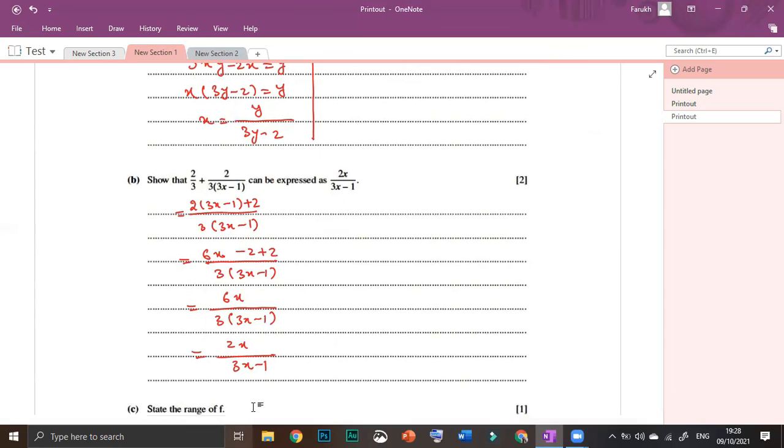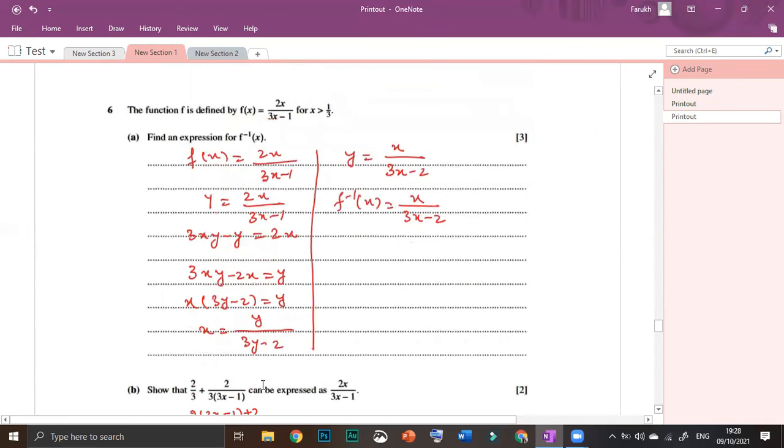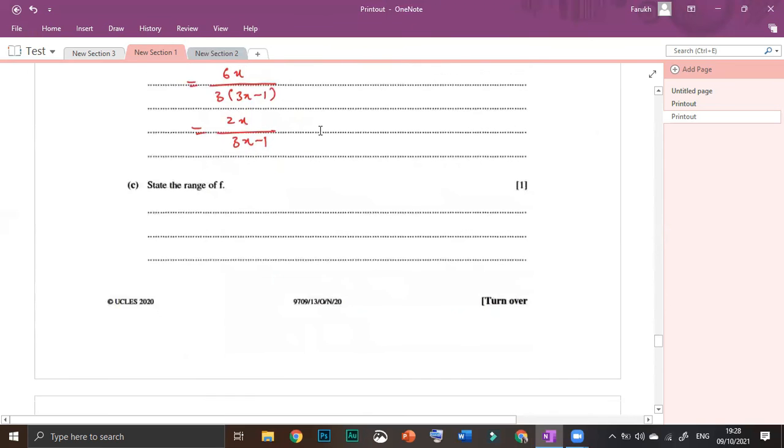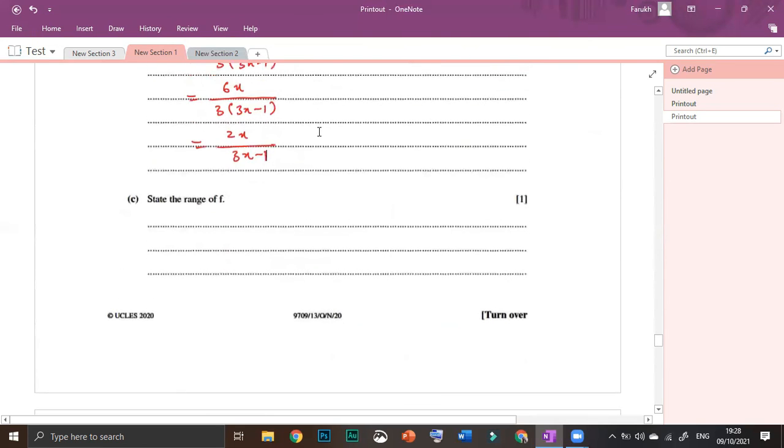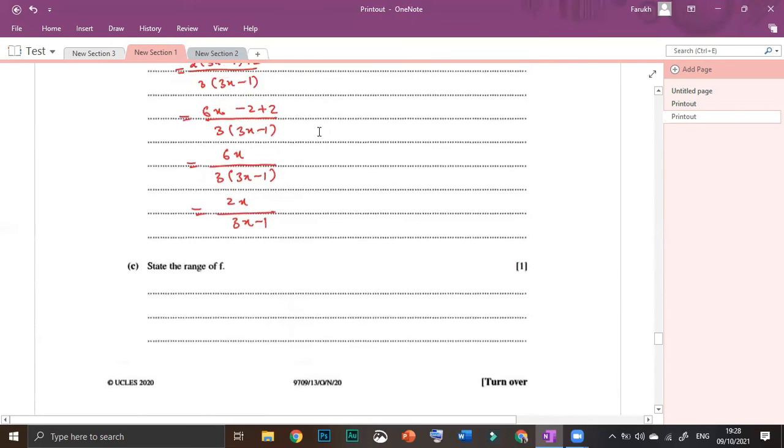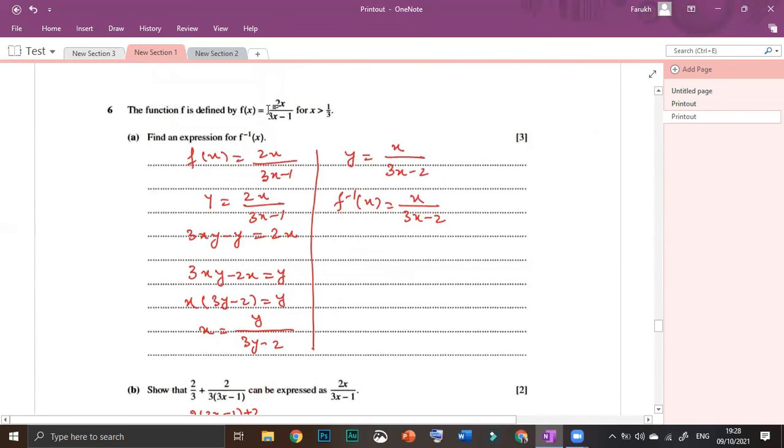Now we want to find out the range of f. Domain of f is given, that is x is greater than or equal to 1 by 3. Now we will recall the concepts of O levels. We will draw this function. बात ये है कि हमें ओ लेवल्स के जो फंक्शंस है ना, अगर वो सही तरह आते होंगे ना, तो इनकी डोमेन रेंज फाइंड आउट करने में हमें आसानी होगी. It will be a lot easier if we have all the functions we have already read in O levels.